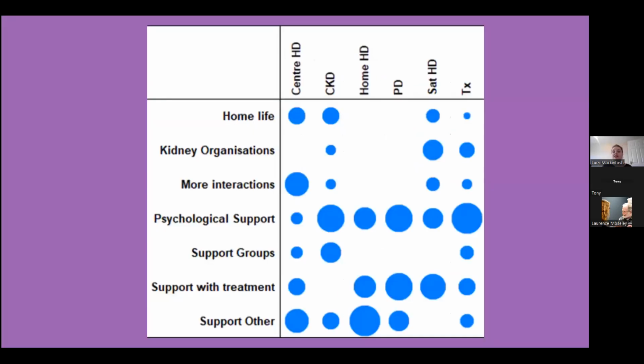You can also present this. This is the exact same data, but it's presented in a bubble chart. As you can see, it's the same thing, but it's a much clearer picture. Rather than having to scan numbers, you can see quite quickly. The bigger the bubble, the more focused that comment is.